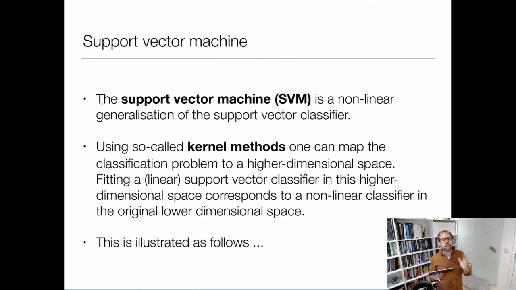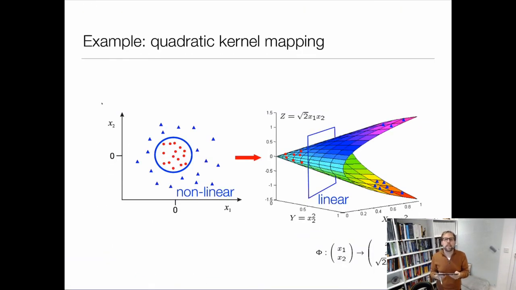So this might sound a bit complex. It actually is quite complex mathematically, but I think we can nicely illustrate it in an example here. So imagine I have a two-dimensional space, a two-dimensional predictor space. I have variables x1 and x2 here, and this is my data here. I have data of one class here and data of another class here